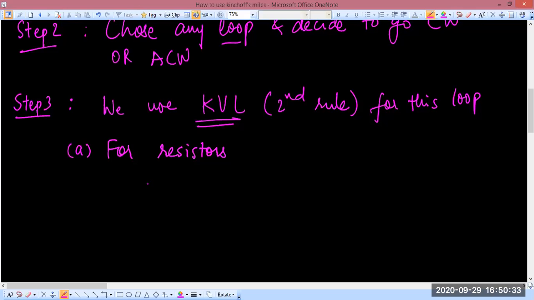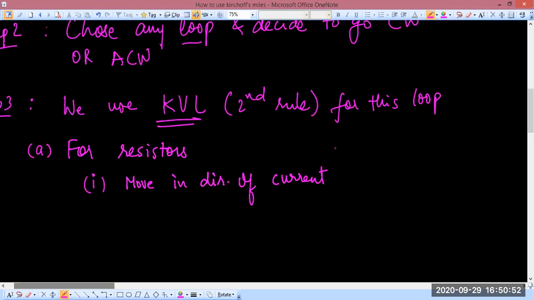Okay, what's that procedure? 1. If we move in direction of current, okay, then we write minus IR. If we move,